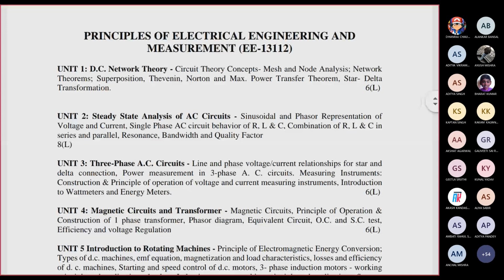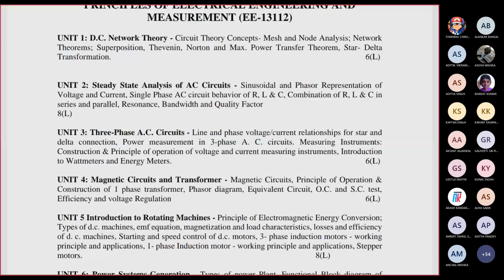Then how can we measure the power, total power in any three-phase AC network? What are the different methods for that? Normally wattmeters are used for the measurement of power. So what are the different possibilities, whether we have to use the 3 wattmeter method or 2 wattmeter method, or using a single wattmeter method? How can we measure the total power in any three-phase AC circuit?